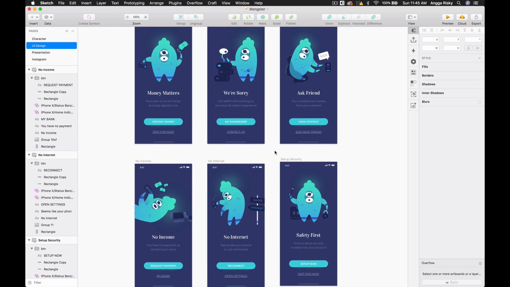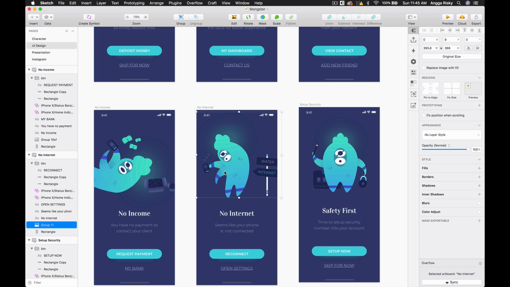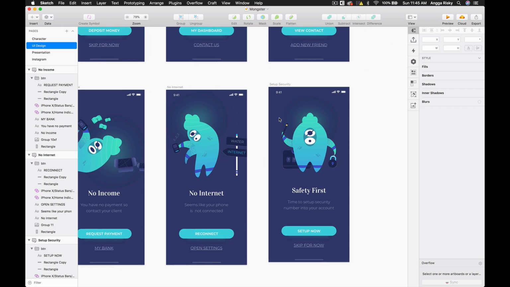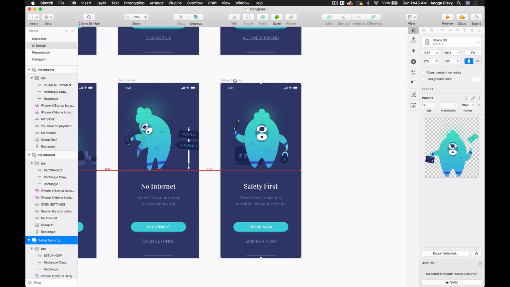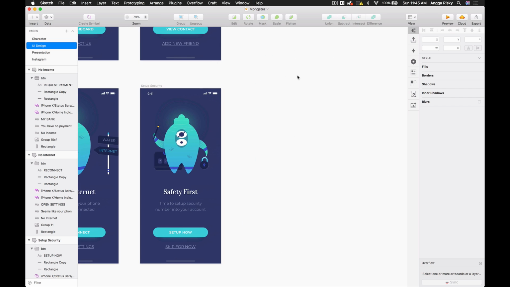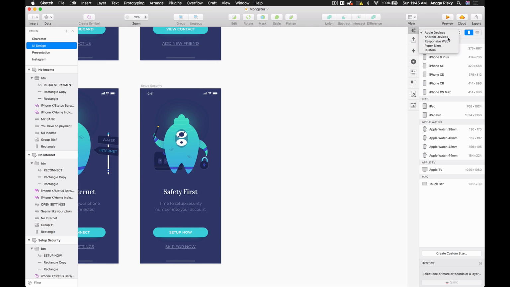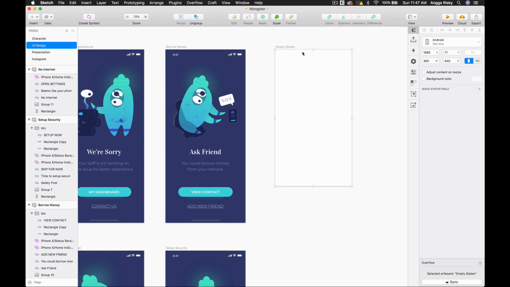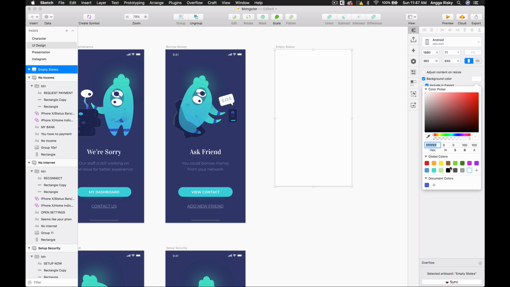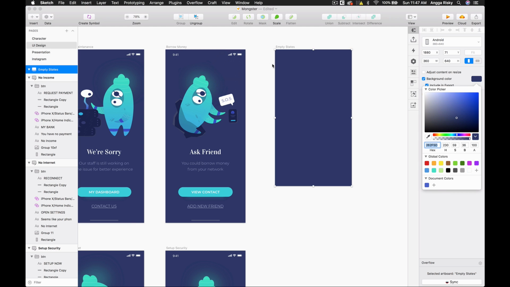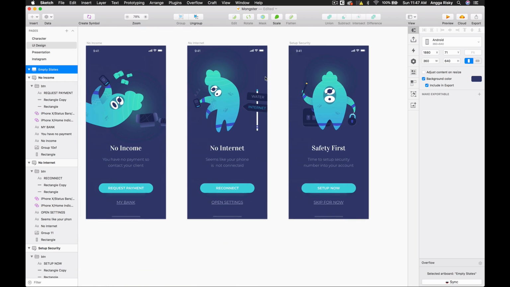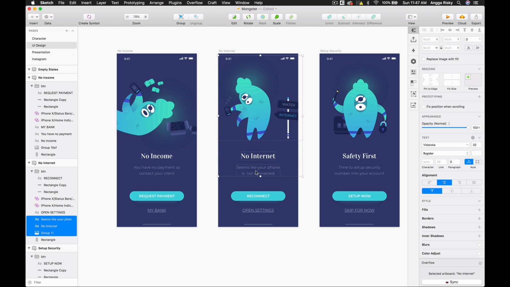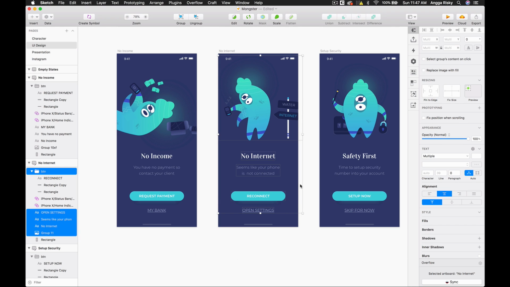So in this case, I'm going to implement this section, right? Because we want to implement it for Android, I have to provide another artboard for Android. So I just press the A button, and then I change it to the Android device with the smallest size. And now I could easily change this background color to this blue one, and I want to implement this one, the funniest one. I just want to copy all of them, the button itself, and then the other menu.